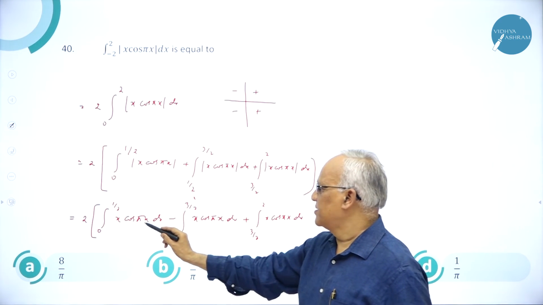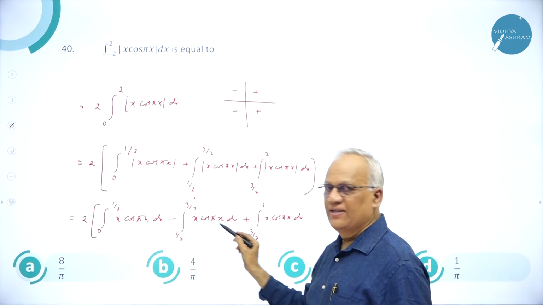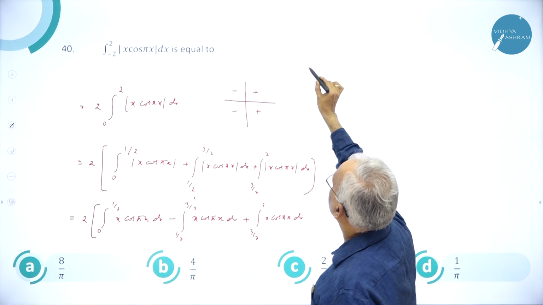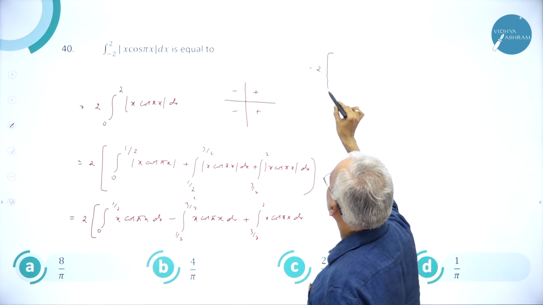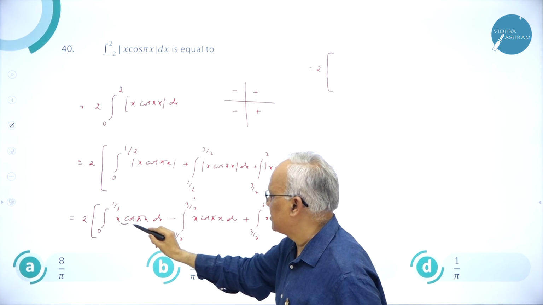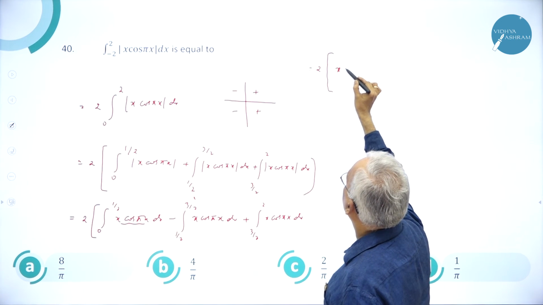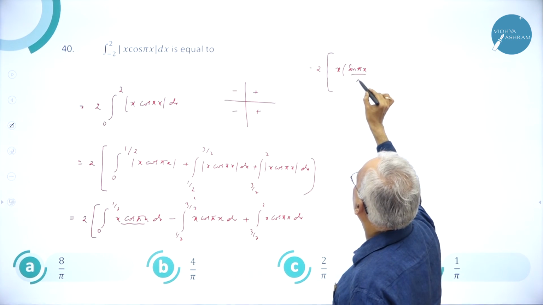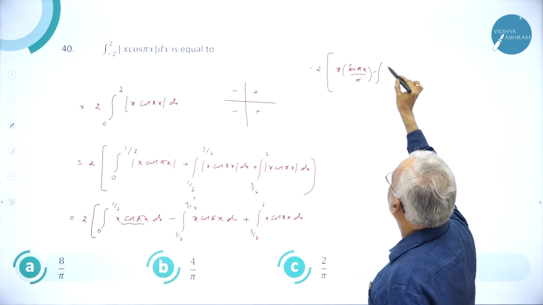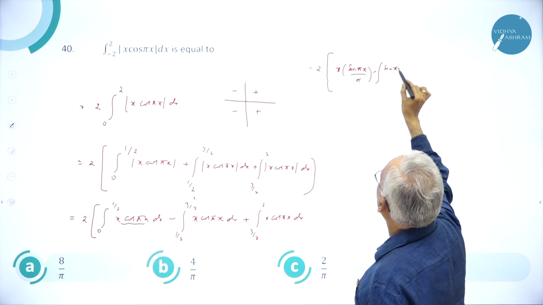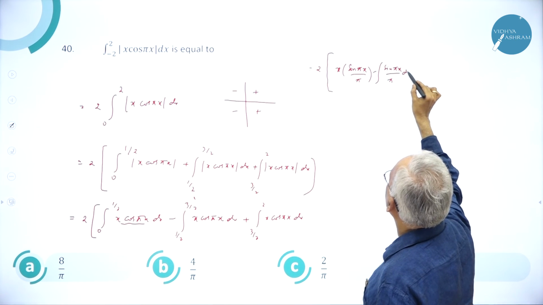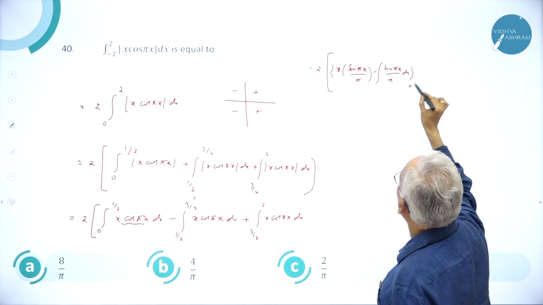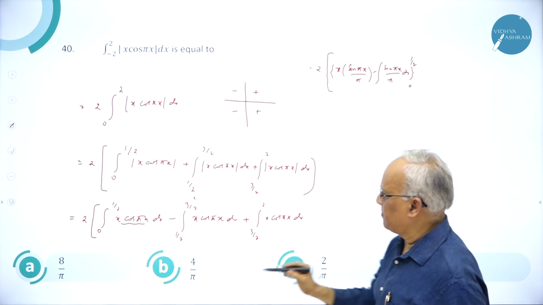But luckily, it is the same integral. So if you integrate that, you can write the same thing. But the only thing is sign, you have to be careful. So it is equal to, see, 2 into, you integrate this by parts, which is equal to x into integral of cos pi x is sin pi x divided by pi, minus integral of sin pi x divided by pi into dx between 0 and half. This one.